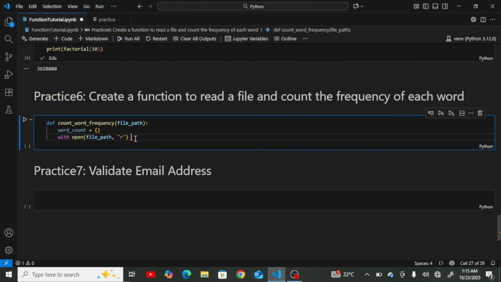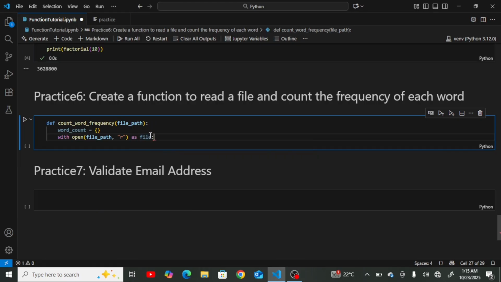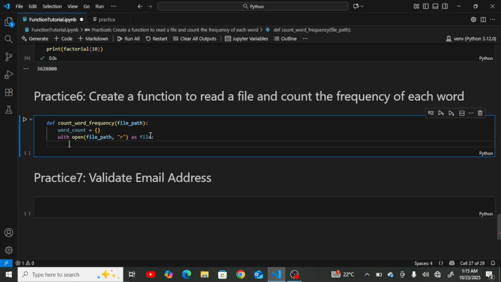When you open the file, name it with open file as file. I want it to be called file. So now I'm telling my Python, when you open this file, for each line in the file,